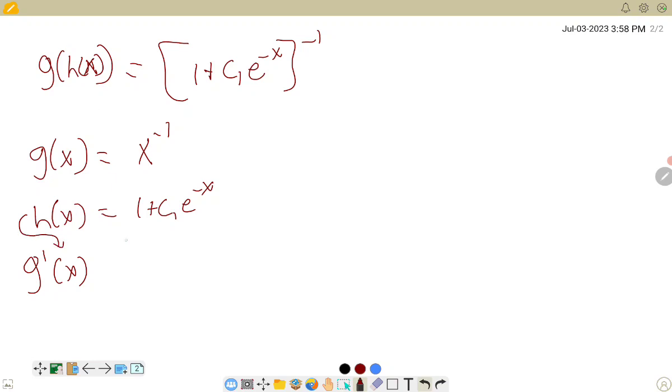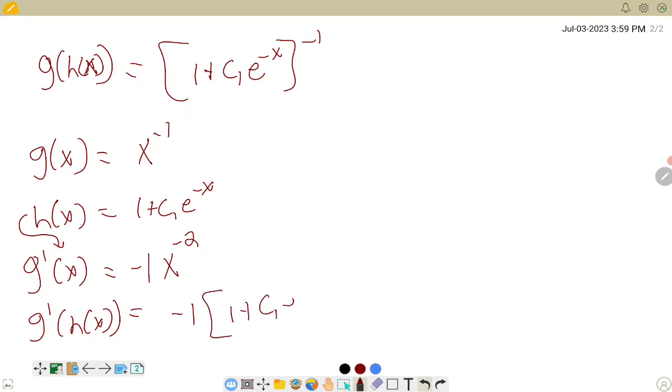So we need g prime of x, which is just negative 1 times x to the minus 2. That's the nice thing, this is where the power rule came in. That was very nice. So that means g prime of h of x is just equal to negative 1 times 1 plus c1 e to the minus x all to the minus 2. And then finally we have to multiply by h prime of x,